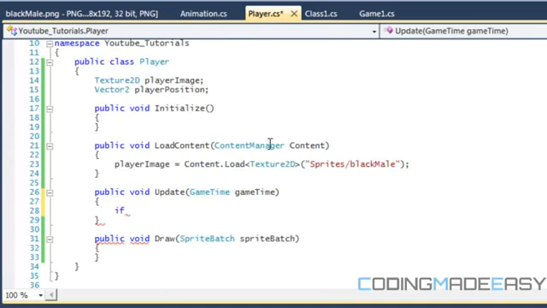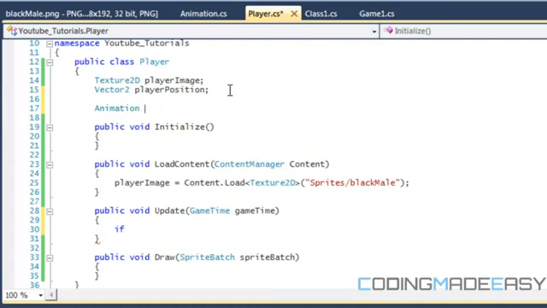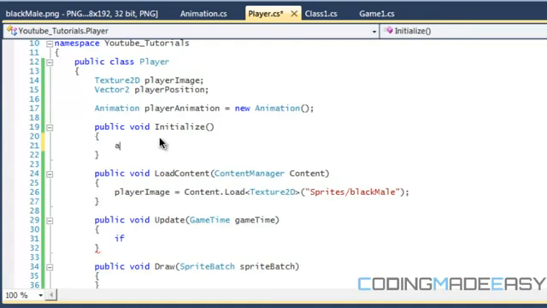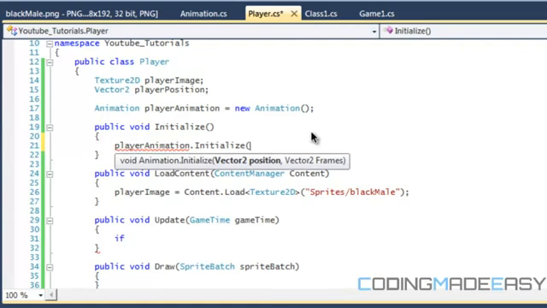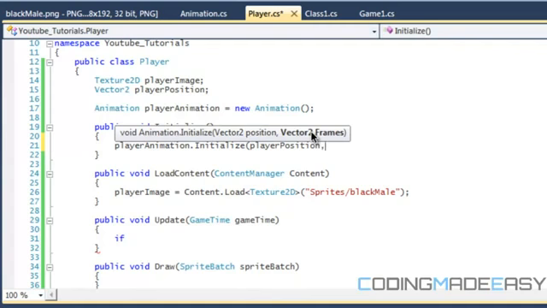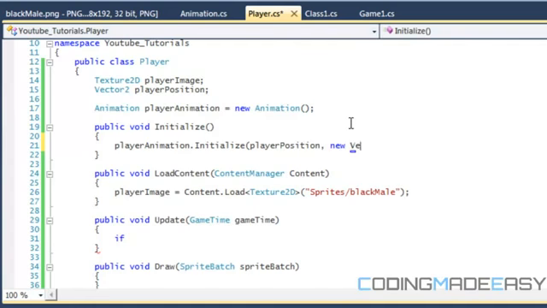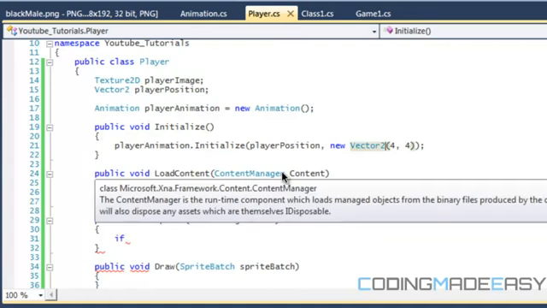So now let's go straight to our player class. What we're going to be doing is making an instance of the animation class, and I'm going to name this player animation and create the animation class right there. So in player initialize, we're going to do player animation dot initialize. So we're gonna store the player's position, and we're gonna store the amount of frames. So we're simply gonna do this by doing new Vector2, and the frames are 4 by 4. Now this isn't the best way to do the frames, but I'm just gonna be doing it this way to accommodate for the tutorial, just to get you guys the gist of the tutorial. So we've